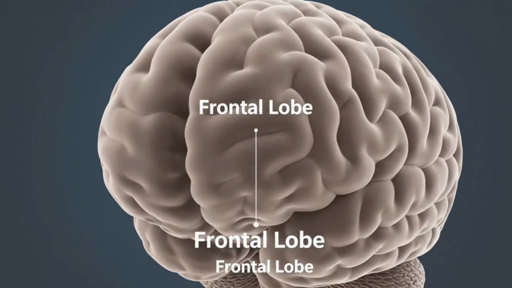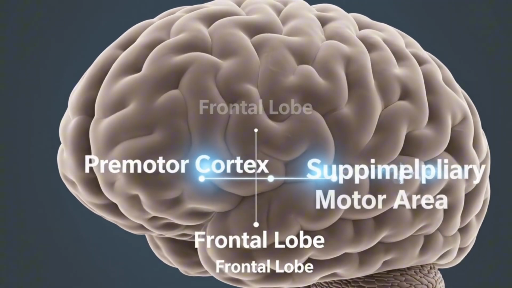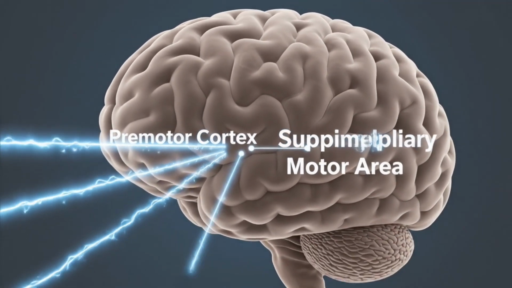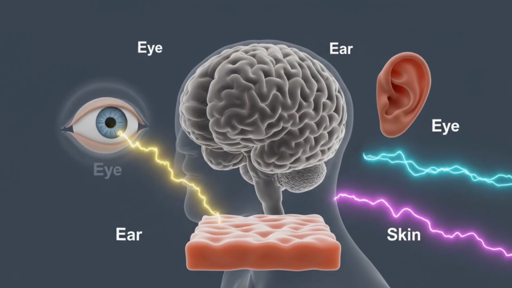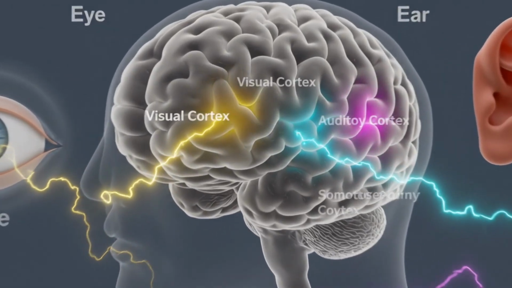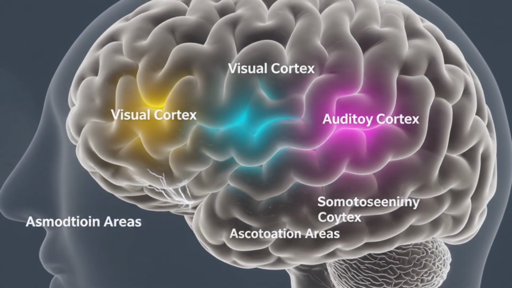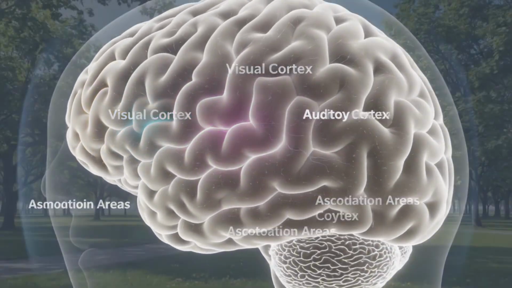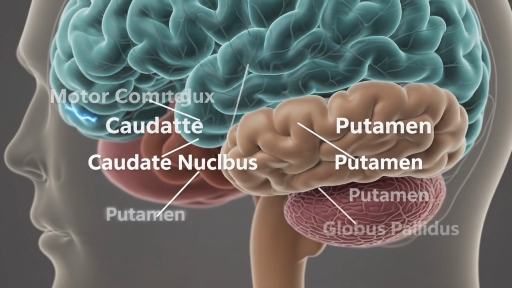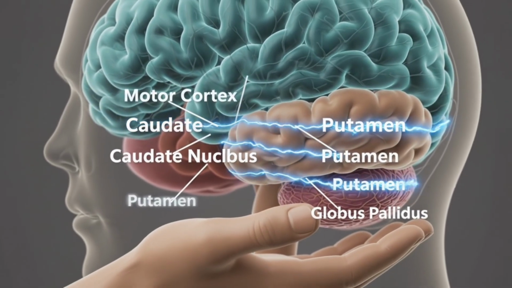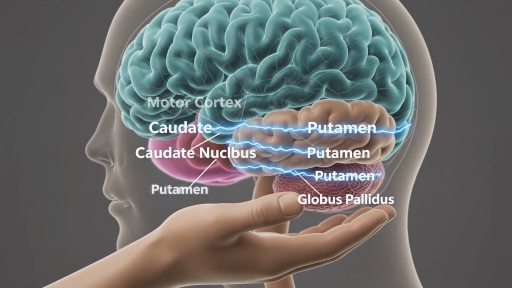Inside, we have the meninges. The frontal lobe receives sensory information. The premotor cortex and supplementary motor area begin to plan the movement. The brain processes visual, auditory, and tactile information in distinct cortical areas. Deep within the cerebrum, the basal ganglia play a vital role. The caudate, putamen, and